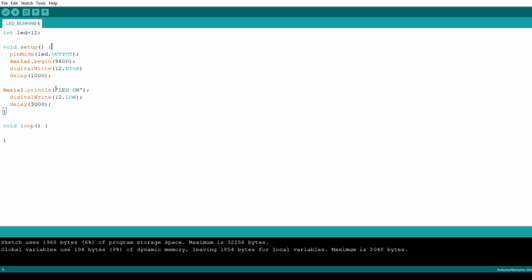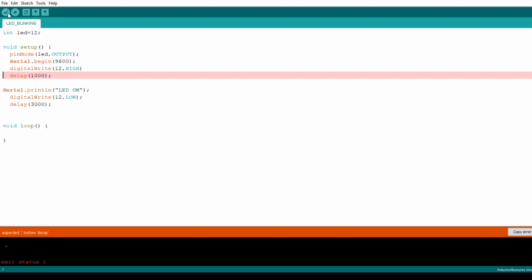Here I forgot to close the curly braces, so it shows an error and doesn't give any output. So the code written under the void setup is written inside the open curly braces. Okay, so that's it.